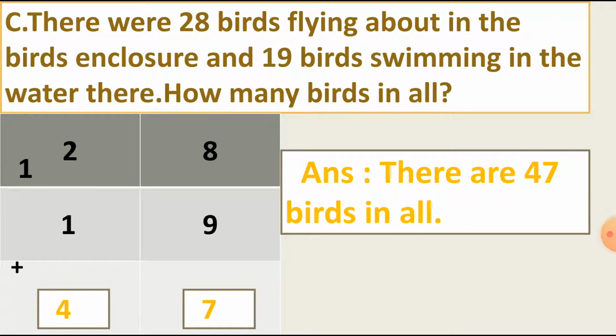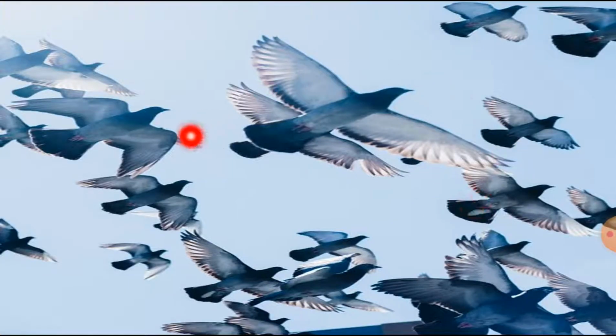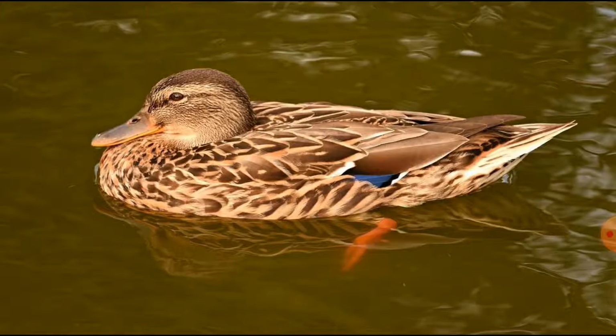So let me show you the flying birds and the swimming birds. So this is the flying birds picture. See this, here in the picture the birds are flying in the sky. So many birds are there. Now I will show you the picture of the swimming birds. This way birds can swim. I hope that you have seen before that birds can swim in the water this way. So this is the picture of birds that can swim.